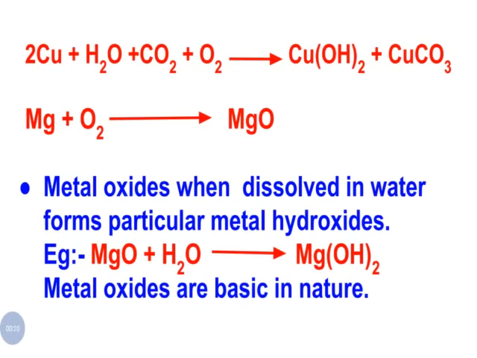Now you can see the chemical formulas of these substances. See children, this year you don't want to learn these chemical formulas. Next year only you are learning it in a detailed manner. Okay. So here copper reacts with water, carbon dioxide, oxygen to form copper hydroxide and copper carbonate. That is the first equation. 2Cu, Cu indicates copper, H2O is for water, carbon dioxide is CO2 and O2 is oxygen. On the other side, you can see copper hydroxide as Cu(OH)2 and copper carbonate as CuCO3.